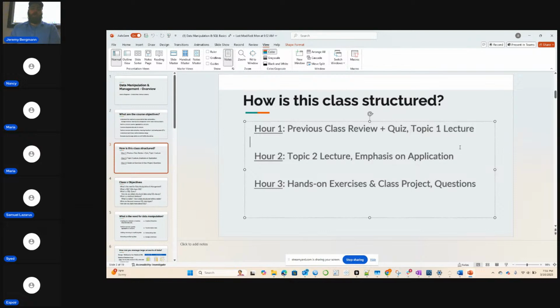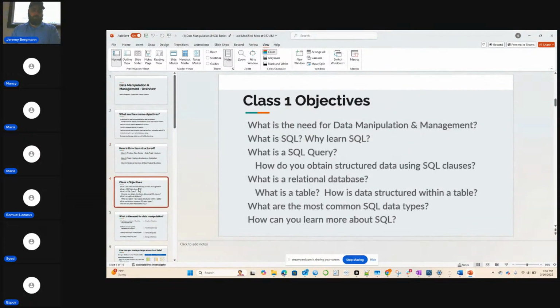We do a topic 1 lecture the first hour, a topic 2 lecture the second hour, and start to apply it through exercises. And then the third hour, we go hands-on, and we work on homework, class project questions, any questions you have. So I try to save the last hour for as much hands-on work between students and us as possible.